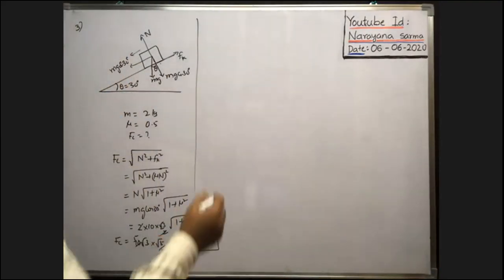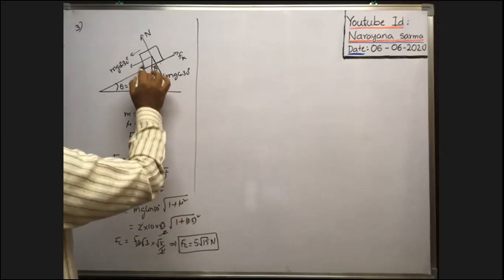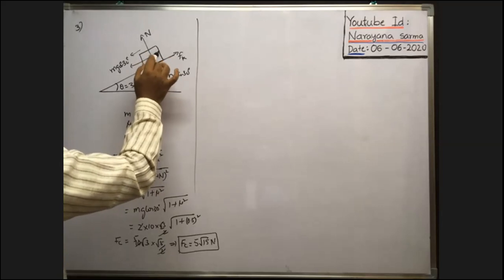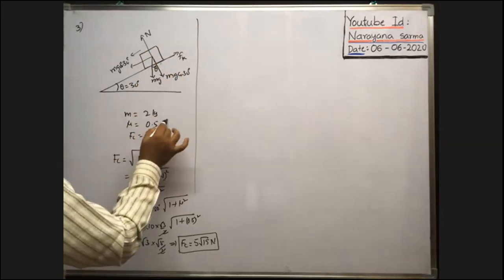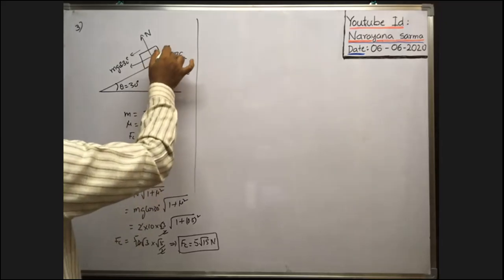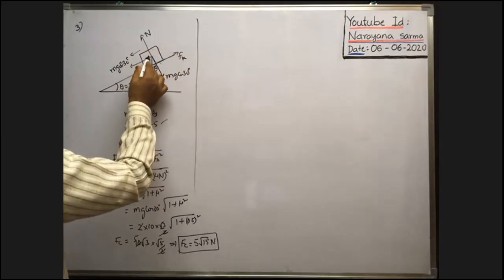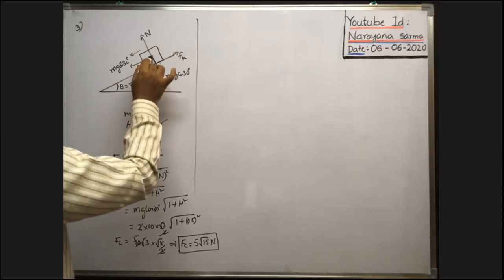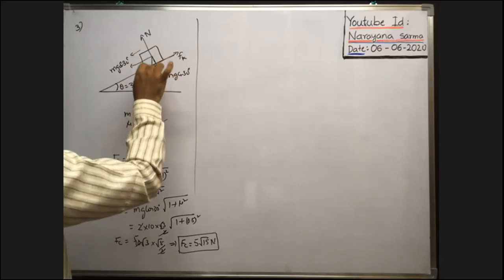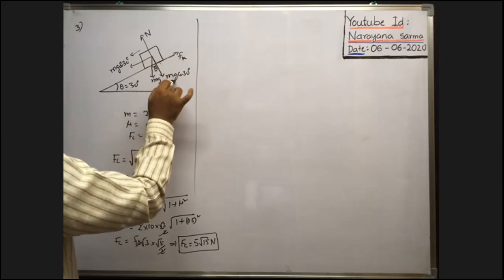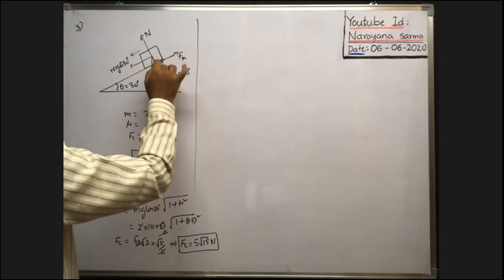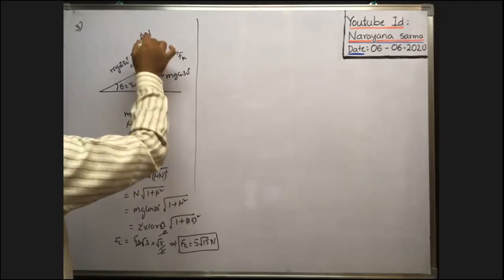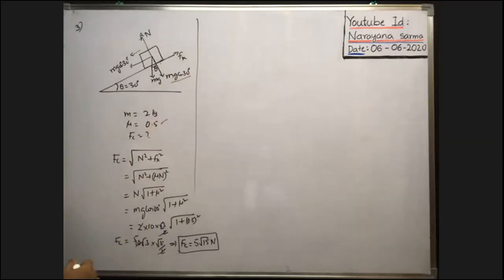Okay, right. You see, here a block is kept on the inclined plane. What is the contact force between the block and inclined plane? The coefficient of friction is given, and the mass of the block is given. Whenever the block is sliding, the weight mg always acts vertically downwards. A component mg sin 30 acts in this direction and mg cos 30 acts in this direction. Here mg cos 30 is perpendicular to the inclined plane, so the normal reaction also acts in this direction. Along this direction, as there is no motion, the normal reaction is equal to the weight component mg cos 30.